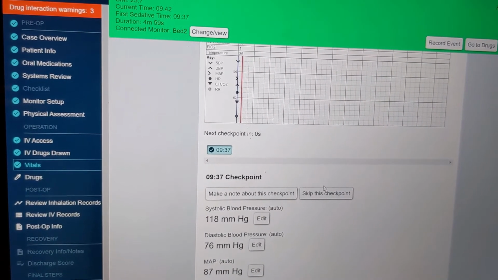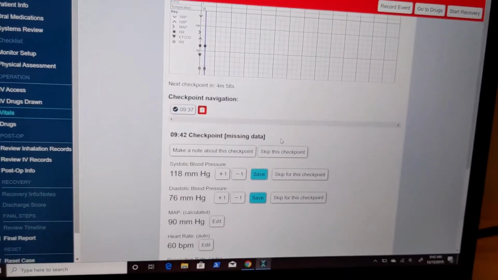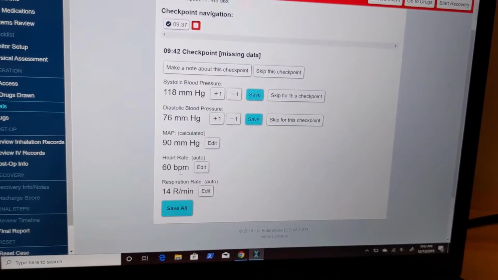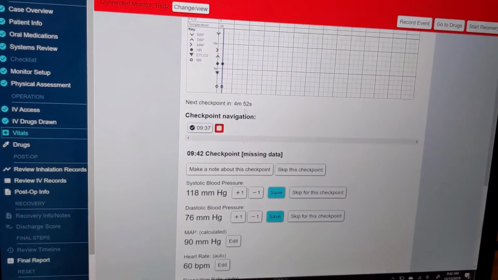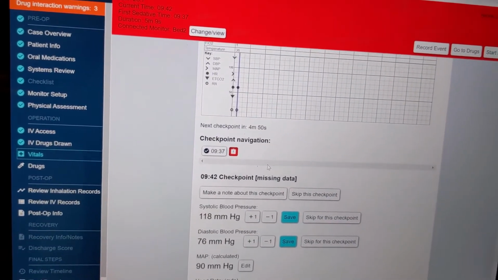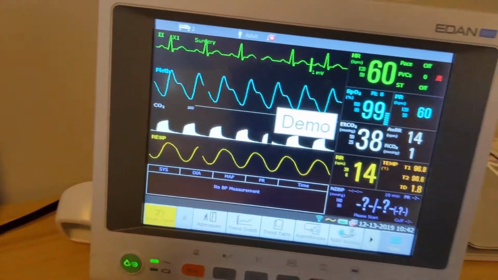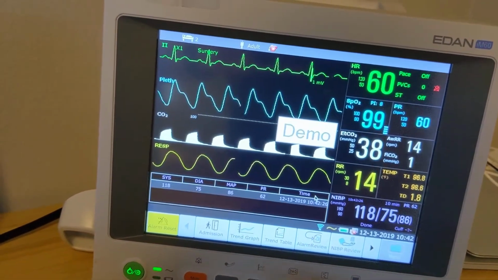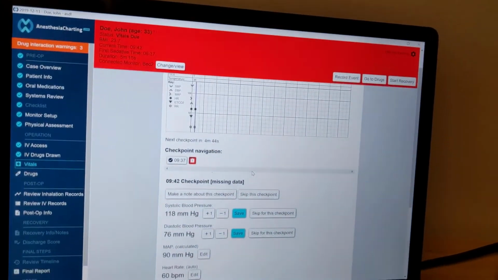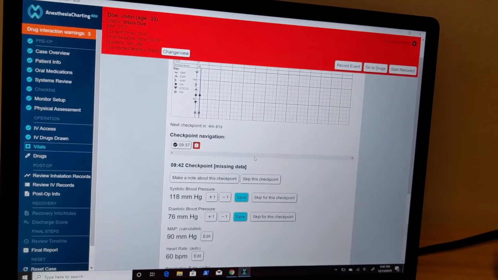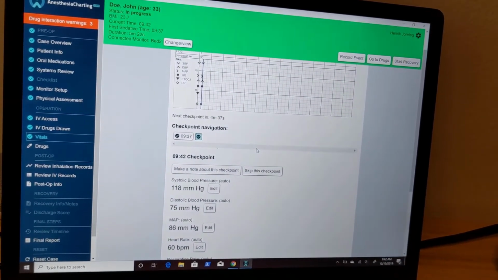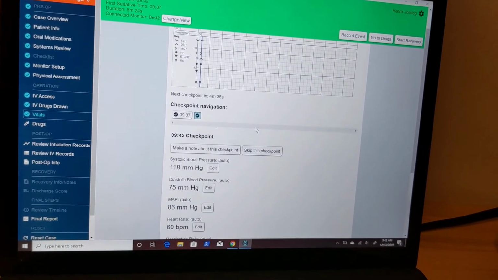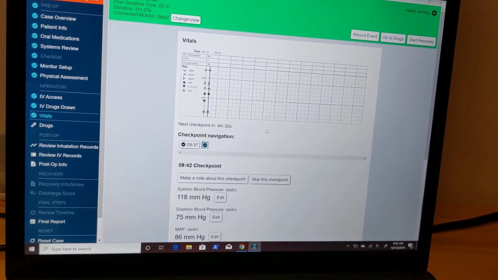Okay. So now you'll see there's data for everything here except for these two because we don't have blood pressure. So we're still within a couple minutes since the checkpoint was due. So if I go over here and push the button to simulate a blood pressure cuff, you'll see it's actually going to take another reading here in just a second. And that should resolve itself. And there it goes. So now it took another reading, is able to clear that checkpoint,